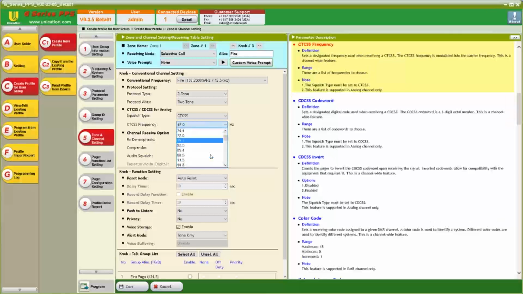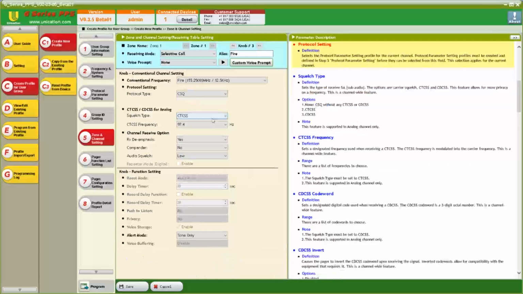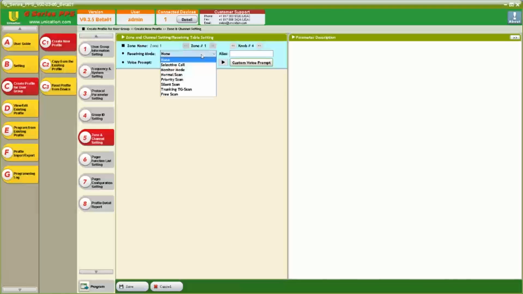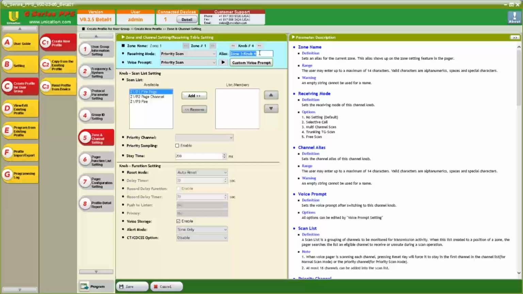See, carrier squelch. And we'll save that. Now, since we've put those in there, we can do what's called either a normal or a priority scan. Now if you want to make sure that you're getting your tones, I would suggest doing a priority scan. So we'll do